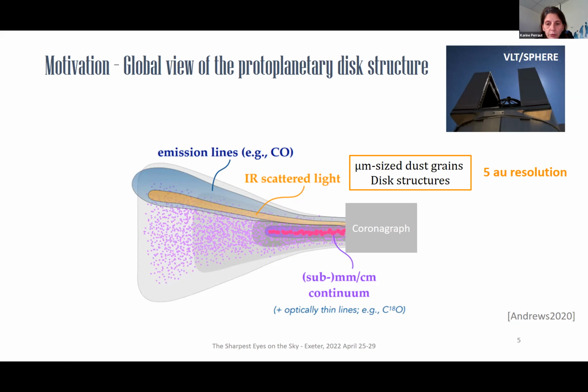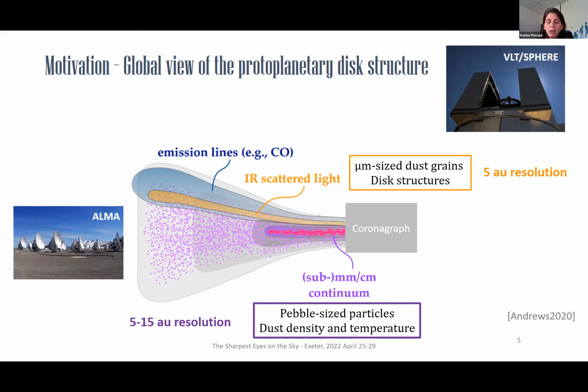the dust distribution. Dust in the disk also emits a thermal continuum that spans 4 decades in wavelength from 1 micron to 1 centimeter. The ALMA images in the millimetric range will trace the pebble-sized particles and the dust density.